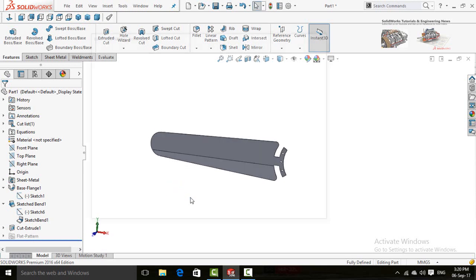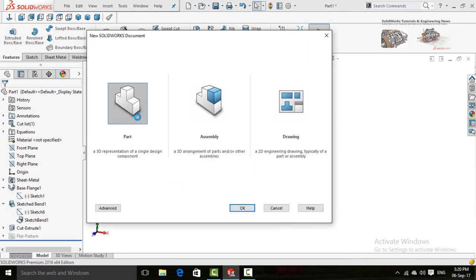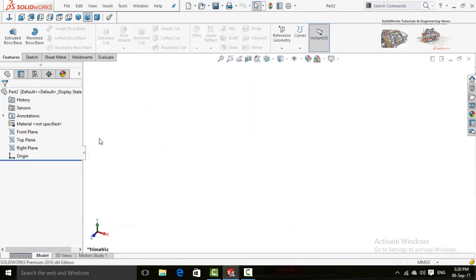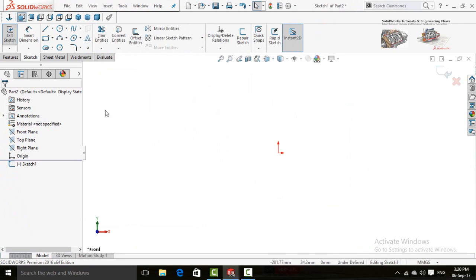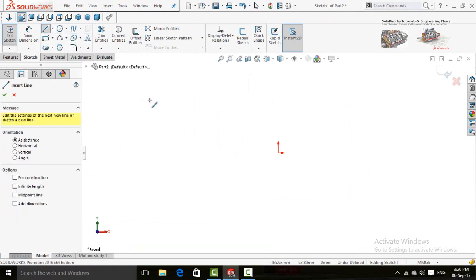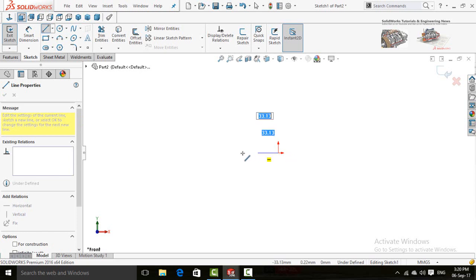For that, create a new part, sketch on front plane, select line and draw it from origin.